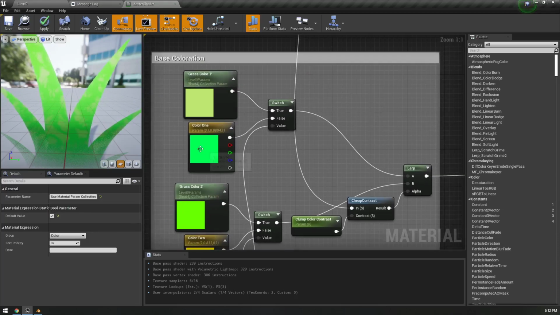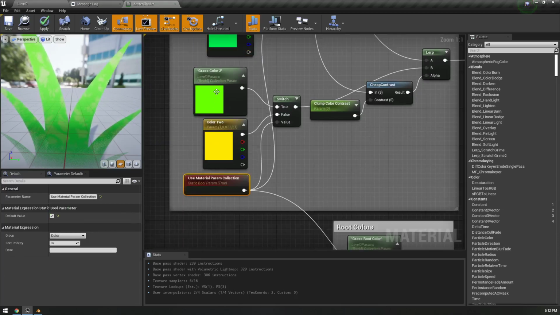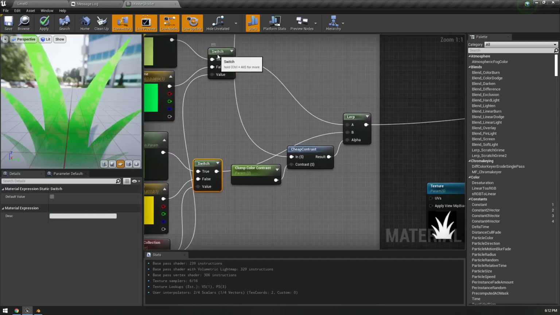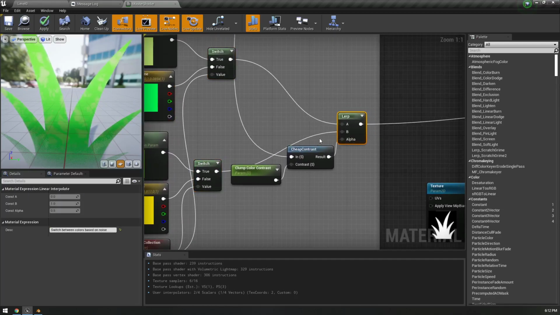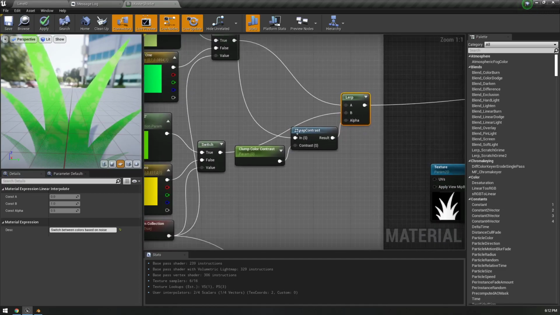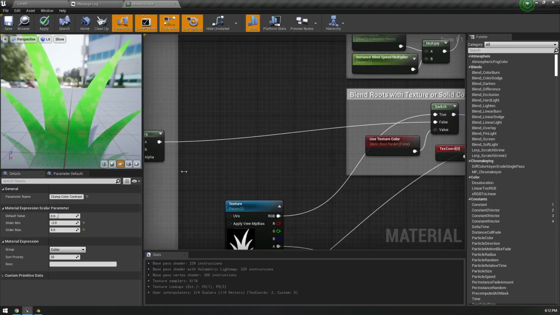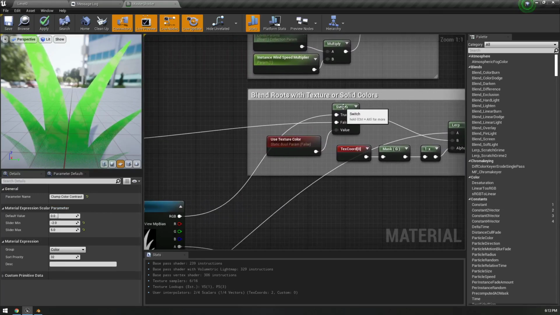But if it's false, then it uses the local color. True, global color; false, local color. So that's all this is. And then it says, hey, switch between these two colors based on the clumping, but with additional contrast if we want it. And then switch between,